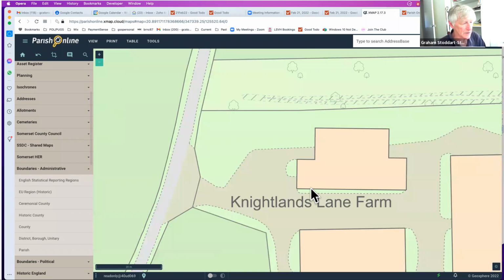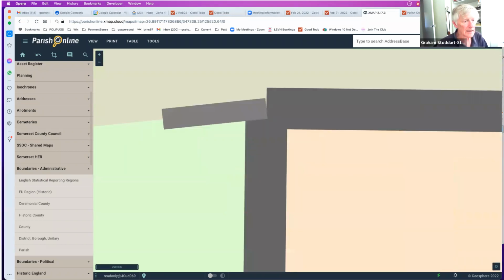And now coming down to the more detailed level, which is really useful when it comes to saying, where are we going to build the new pavilion? What shape is the new pavilion going to be? That sort of thing. And then if you're really worried, you can get down to the sort of centimeter level,